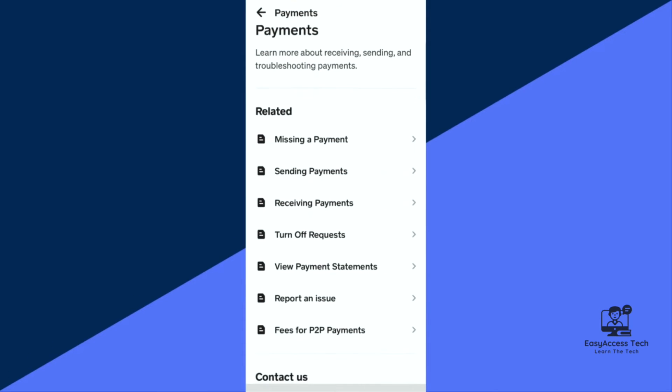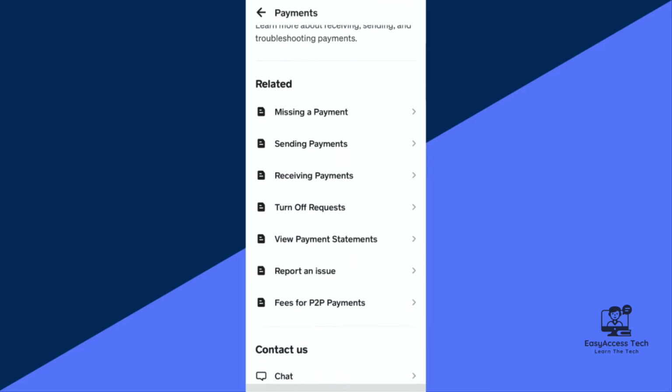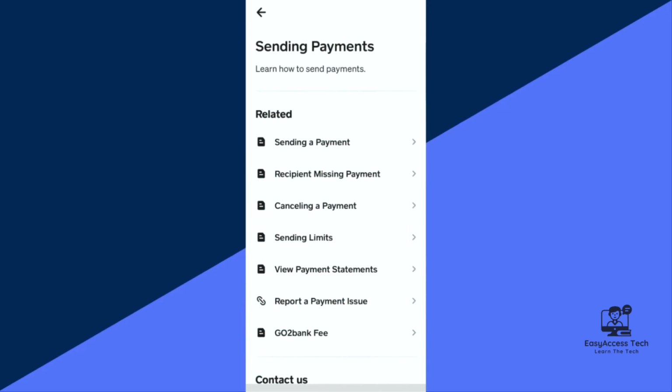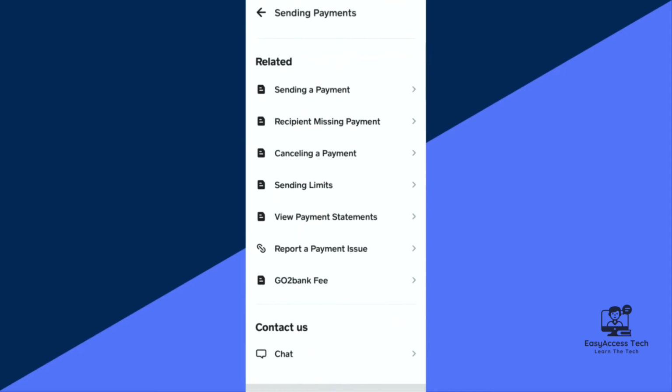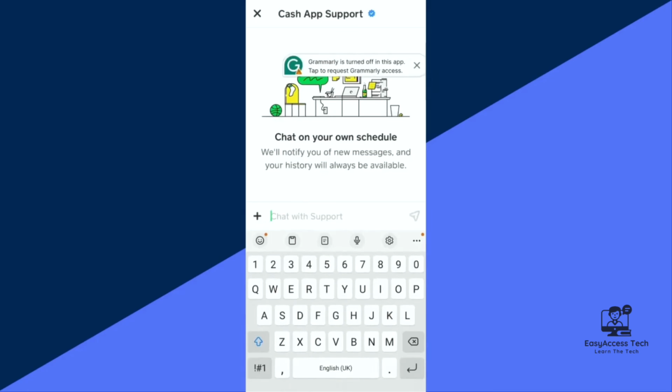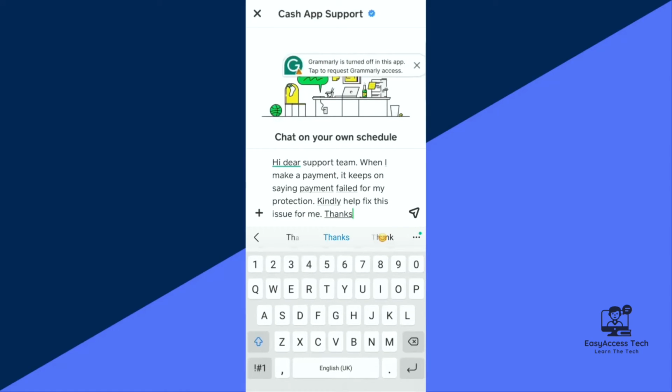From here, just scroll and find out the sending payment and tap on that. Now go all the way down and in the contact us section, tap on this and here write down your problems. Like I'm writing, hey dear support team, when I make a payment, it keeps on saying payment failed